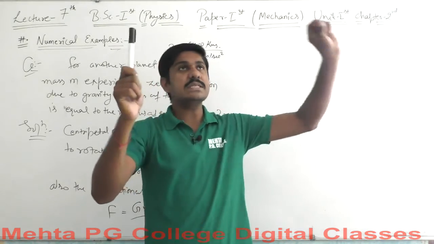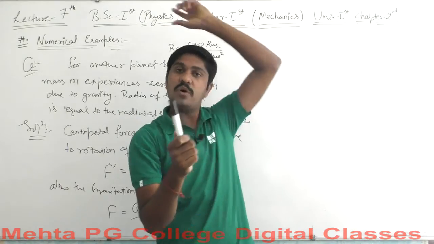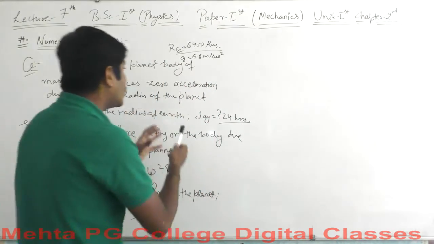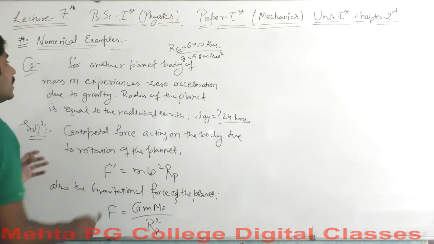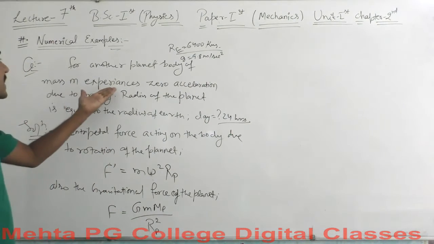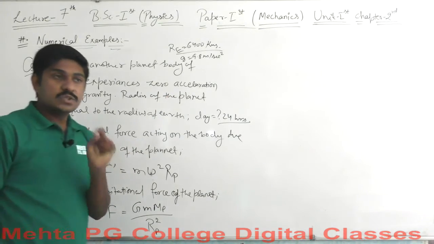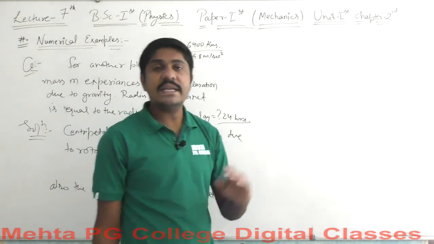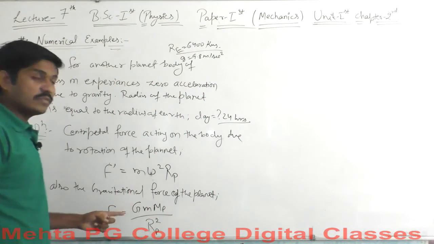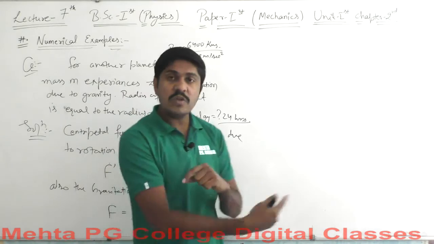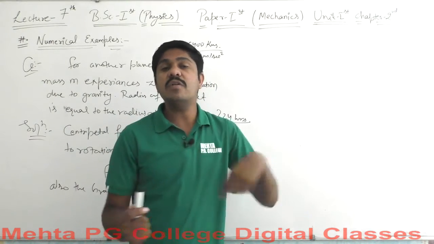The thing that happens is the stone will get a fixed position and will revolve around here. So when there is no gravitational acceleration felt by the body there, it has been said that the body of mass m experiences zero acceleration due to gravity. That means the gravitational force is equal to the centripetal force, because the body is revolving around the planet. Let's say this is the planet and this body is revolving around the planet.